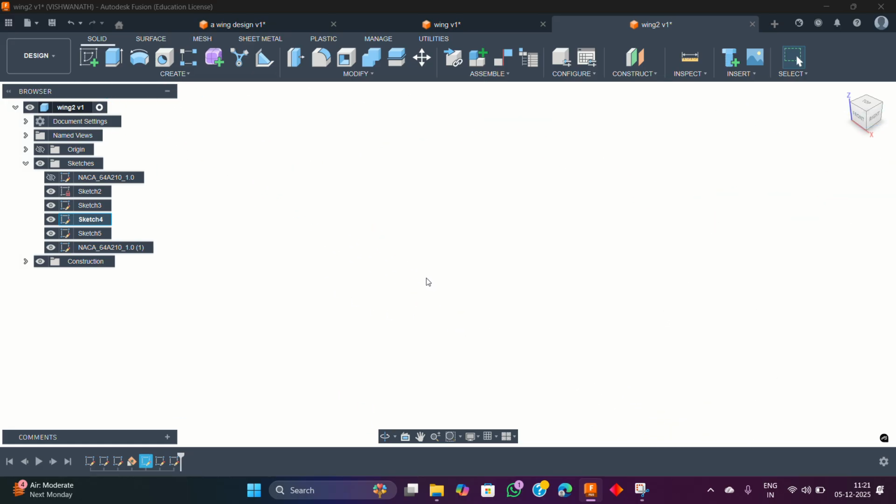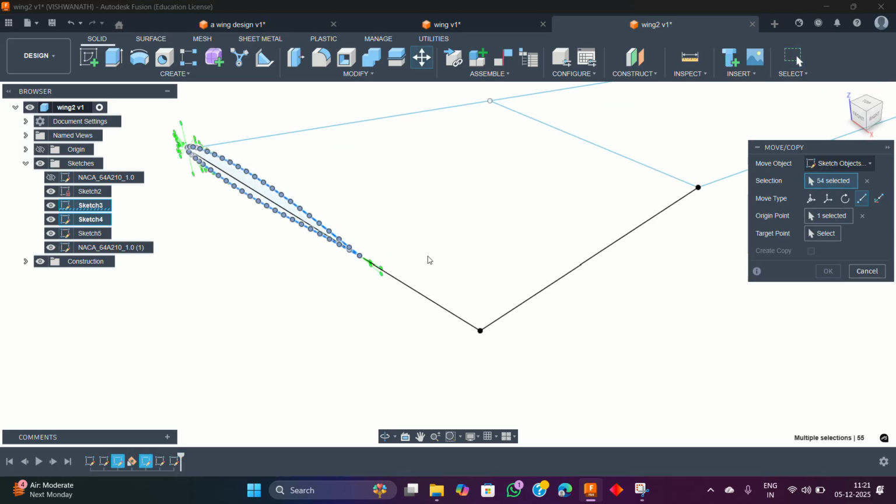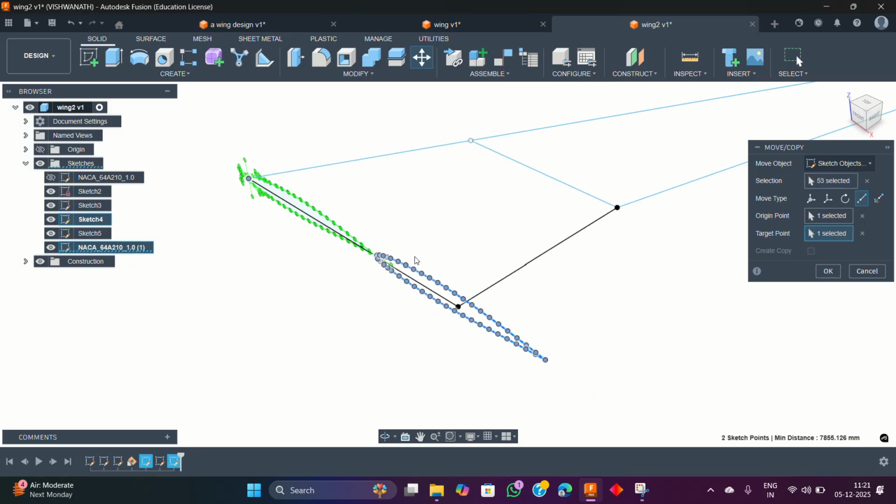Join these 2 points. Okay, select this. Next, move. One origin point is selected. You select this point, tangent. Okay,